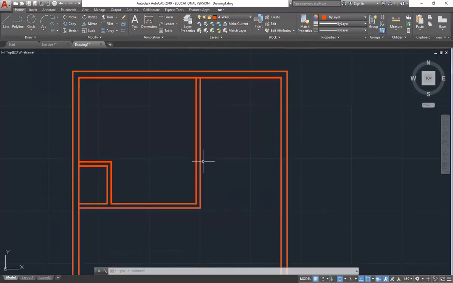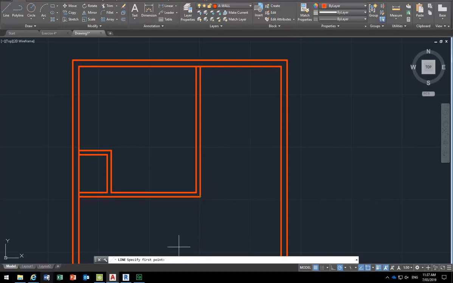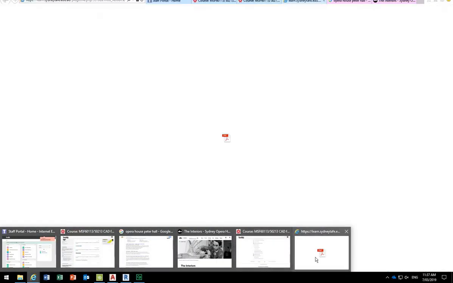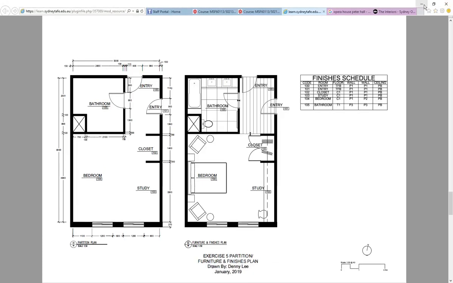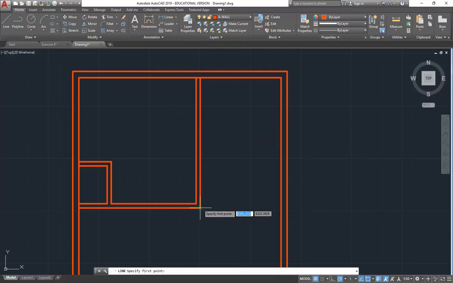So now I want the closet. So the closet, if you look at it, is actually projected off this corner. Okay, so you look at the drawing. So you can see there, from this line here, that that wall lines up with the corner. So by drawing a line from the corner there across to perpendicular with that wall,